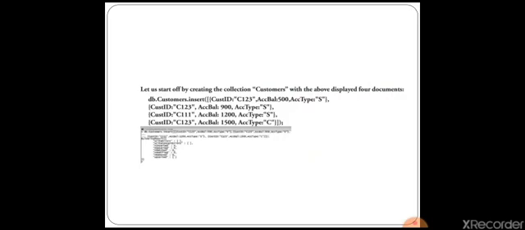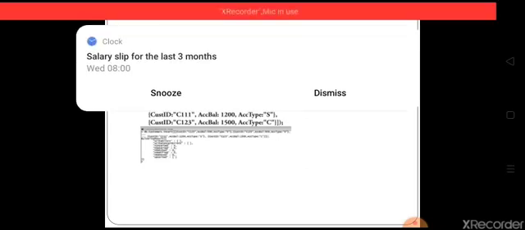Now let us see how it happens. First let us start by creating the collection. For that we will use the syntax db.customers.insert. As we previously went through how to insert, we will revise it. Let us start off creating the collection customers with the above displayed 4 documents. Now we will add these 4